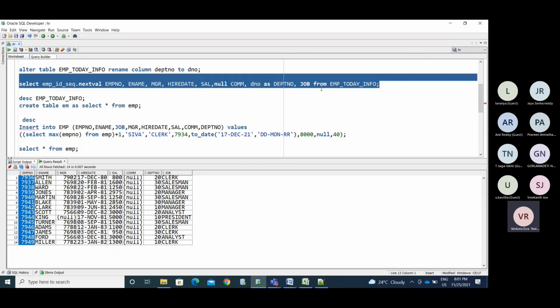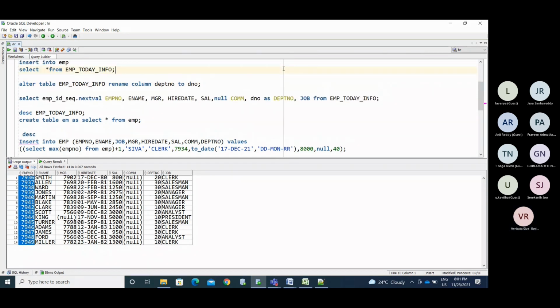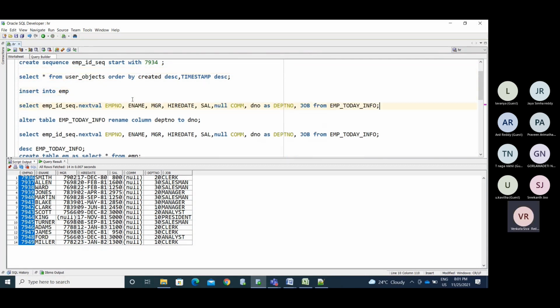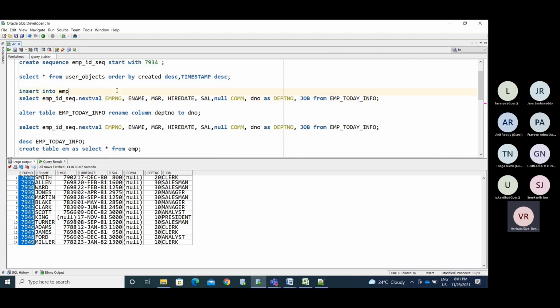Now copy this. Instead of star, try to map the column list from one table to another table. We have the 9 columns here. I copied the 9 columns and I'm mapping one column to one column.